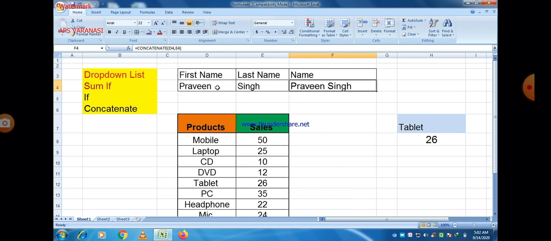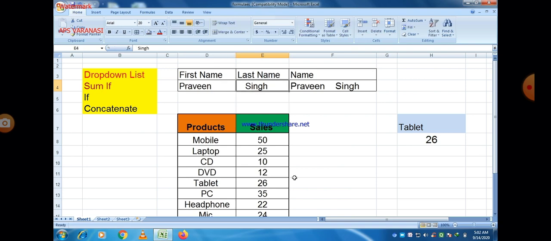And the space is also there. Why is the space there? Because after Praveen we gave a space in that string. If we remove that space, you can easily see that no space is there now, and if I give a space, then you can easily see that the space increases after that. And if we put a space before Singh, then the space is also there between Praveen and Singh.